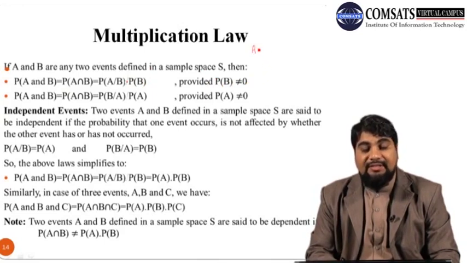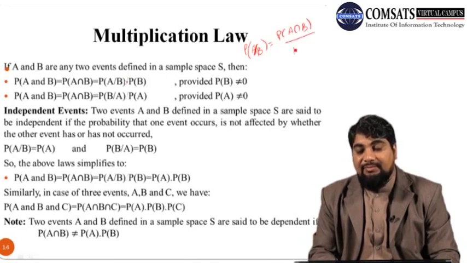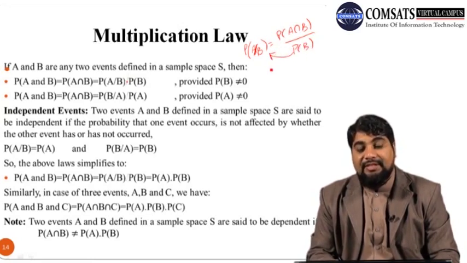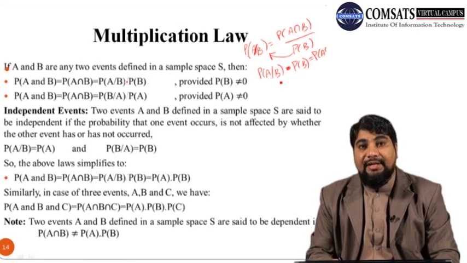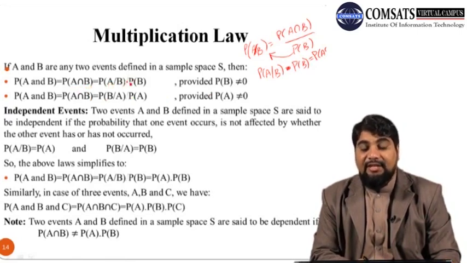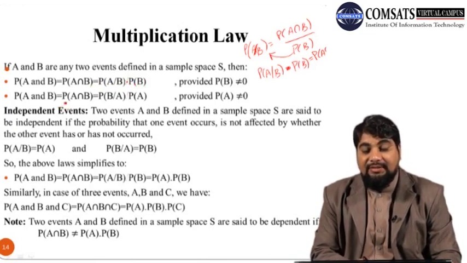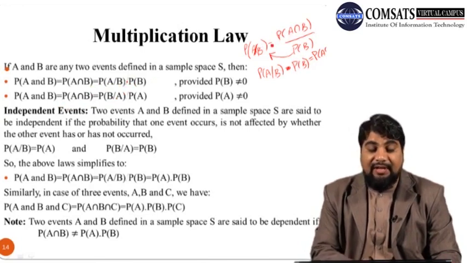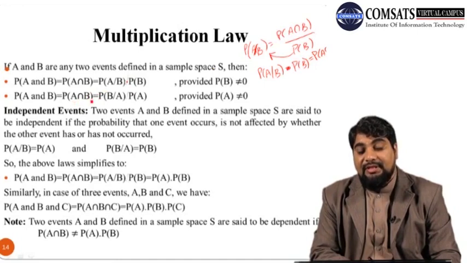Actually we have derived this result from the fact that the probability of A given B is P of A intersection B over P of B. If you shift P of B to the left hand side, this becomes P of A given B times P of B, and on the right hand side we are left with P of A intersection B. Or you can write it the opposite way, with P of A intersection B on the left hand side and P of A given B times P of B. Similarly we can also write P of A intersection B as equal to P of B given A times P of A.